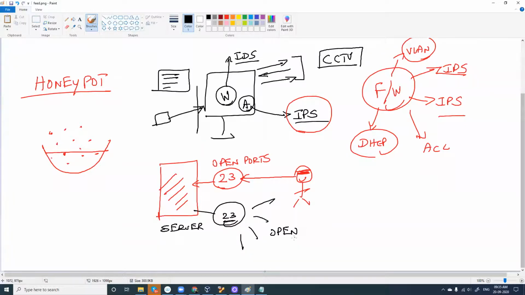Because that is where I'll try to identify persons who are trying to scan my network and who are trying to attack me. I have projected that this port is open. And when someone tries to attack, I'll grab his details. I'll grab his IP.